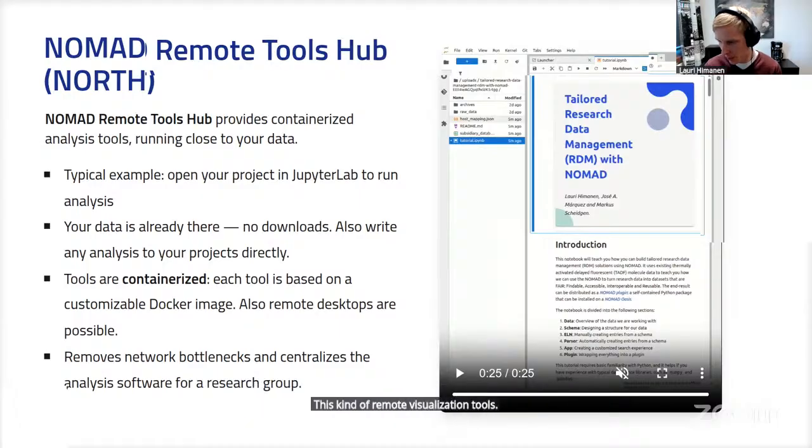So it's really all about first of all removing these network bottlenecks that might be present in analyzing large amounts of data.